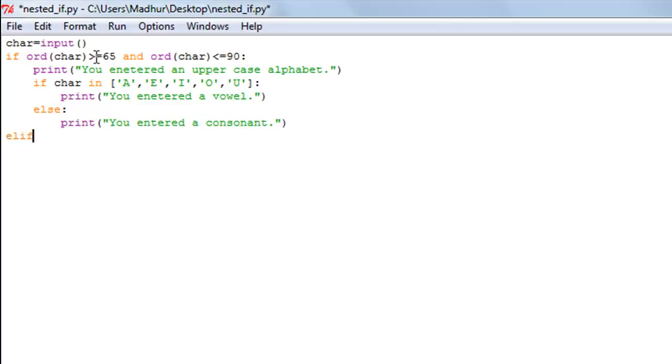And if the ASCII value of the character entered is not in this range, then we'll have to use the elif statement to have the comparison for the other range, which was 97 to 122. So if ord char is greater than or equal to 97 and ord char is less than or equal to 122,